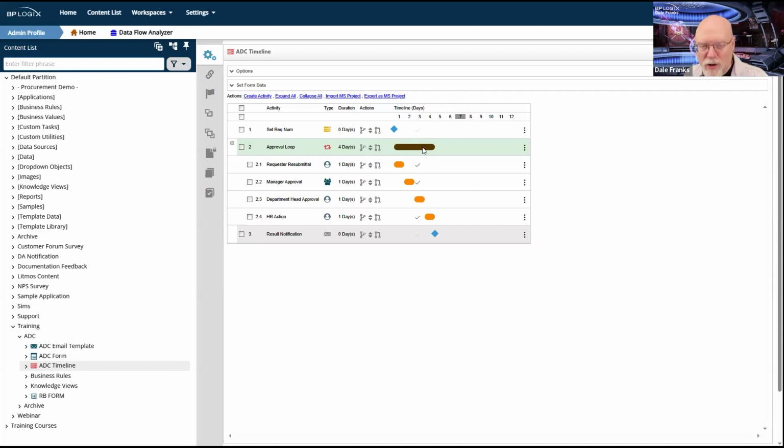Subsequent activities should be dependent on the parent activity, not one of the child activities. That's a general rule of thumb. It's not a requirement, and we don't enforce it on you. And in fact, there may be times when you are using parent activities, not as loops, but just as organizational methods in your process timeline. And there is, on occasion, some specific activity inside one parent that will prompt a different activity in another parent.